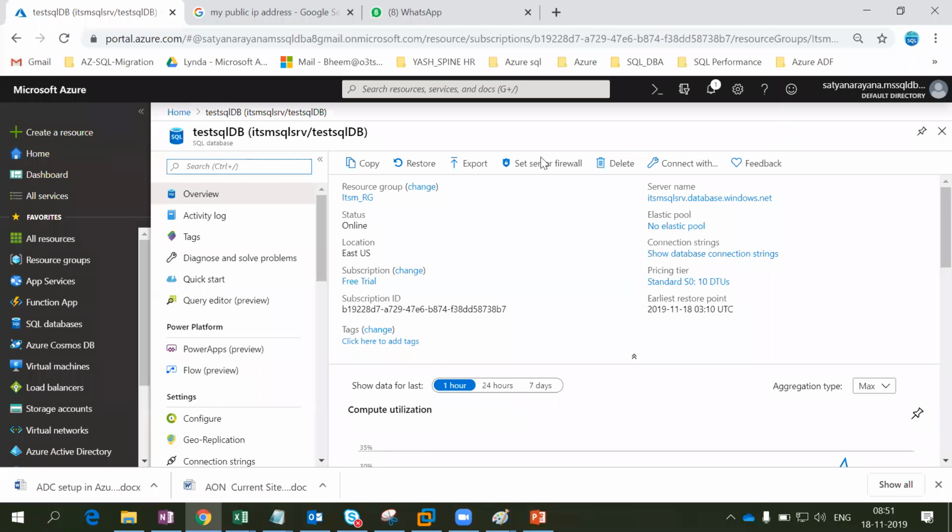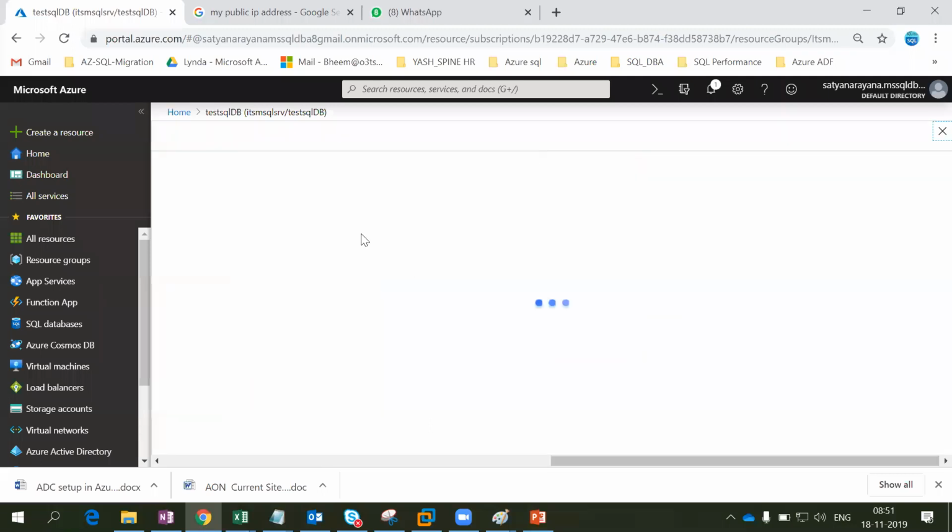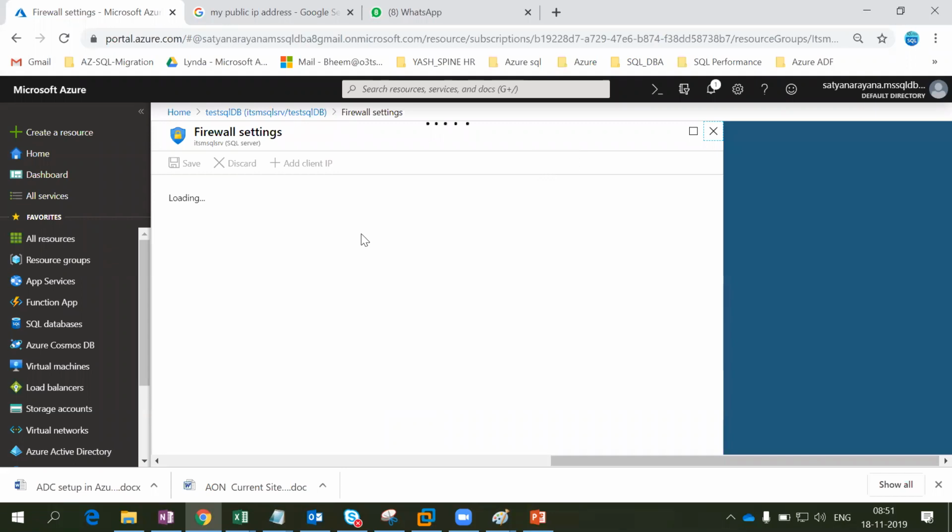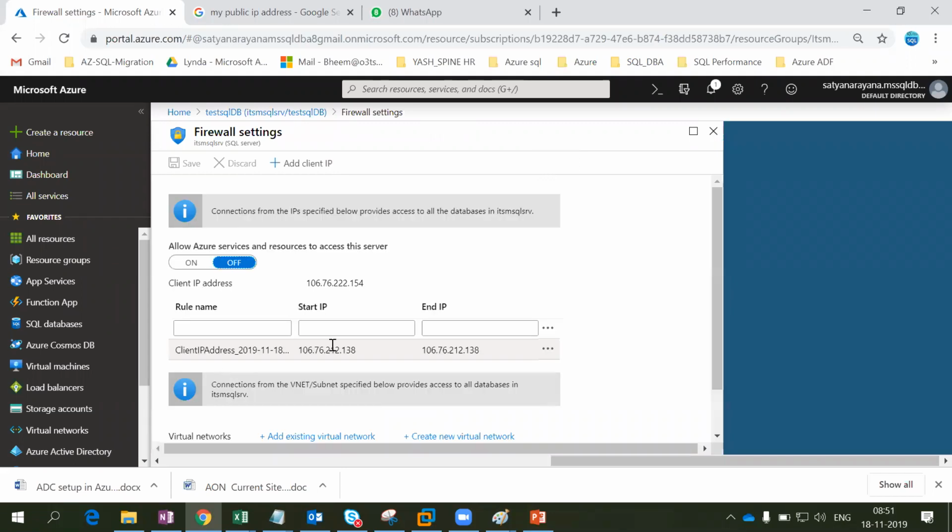Okay, so just go to set firewall, and now we can verify the new IP is available. See here, this is my public IP. I did not add it. But the thing is, once I provide my subscription ID and password, it automatically adds your system IP.